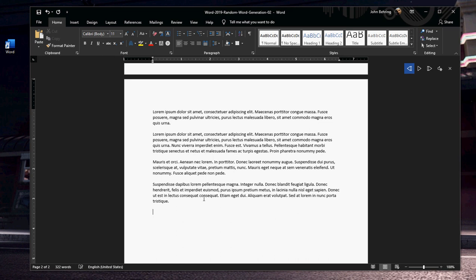Pretty cool. Now, this is great and everything, but for me, it's completely unreadable. I don't know Latin. So you can also do this in English. Check this out. =RAND,